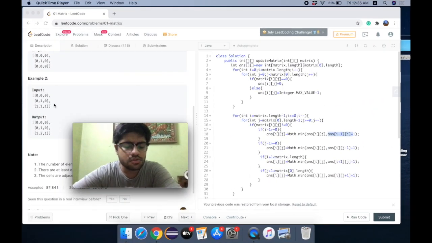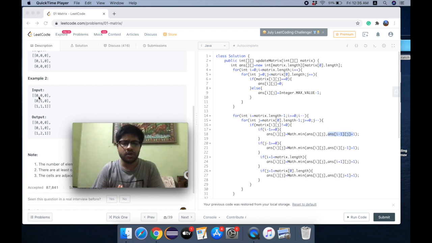According to the question, the matrix will have only zeros and ones, and we need to find out the distance of each number, each cell of this matrix, from 0. So we have only zeros and ones. For ones we need to find out the nearest 0, like what is the distance of the nearest 0 to it. But in case we have zeros, then our answer is simple, 0, because the 0 is present at that location, so we don't need to find out any distance, so the distance would be 0.